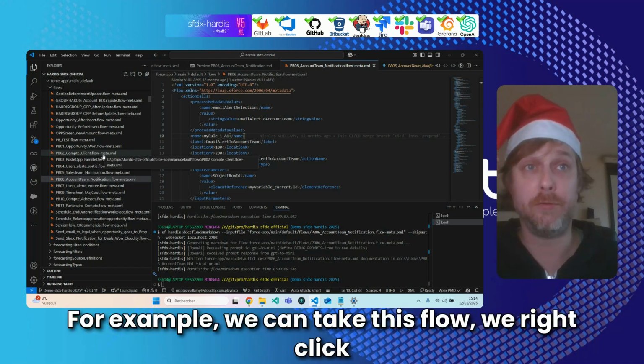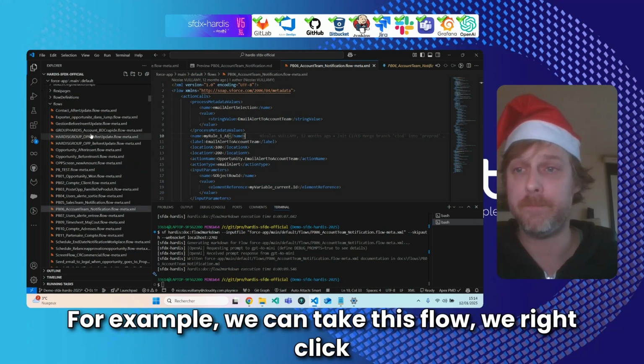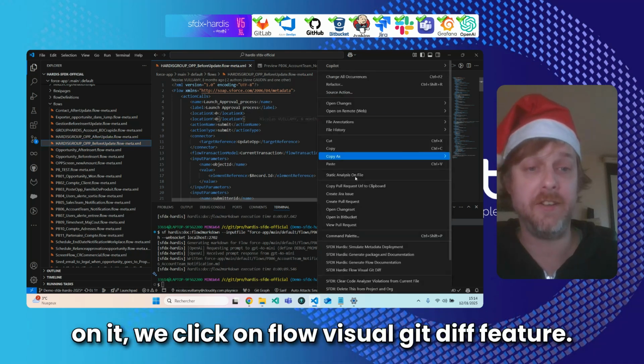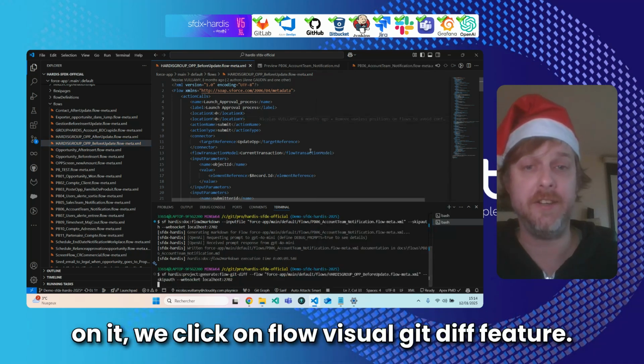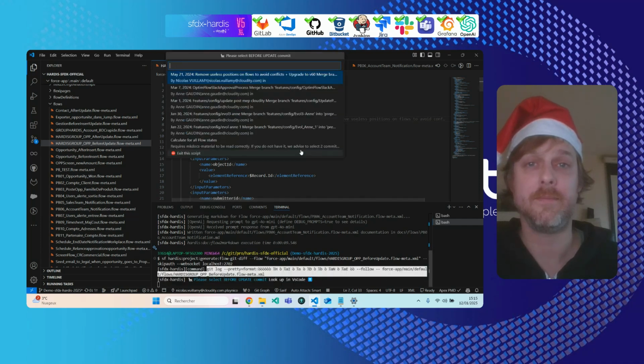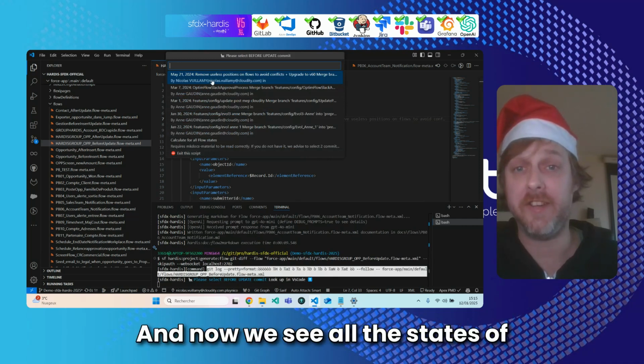So for example, we can take this flow, we right-click on it, we click on the Flow Visual Git Diff feature, and now we see all the states of the flow.